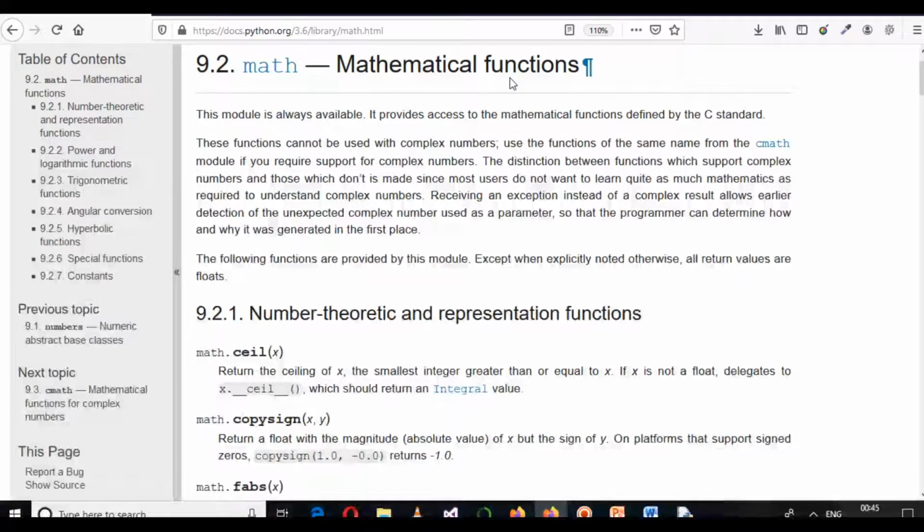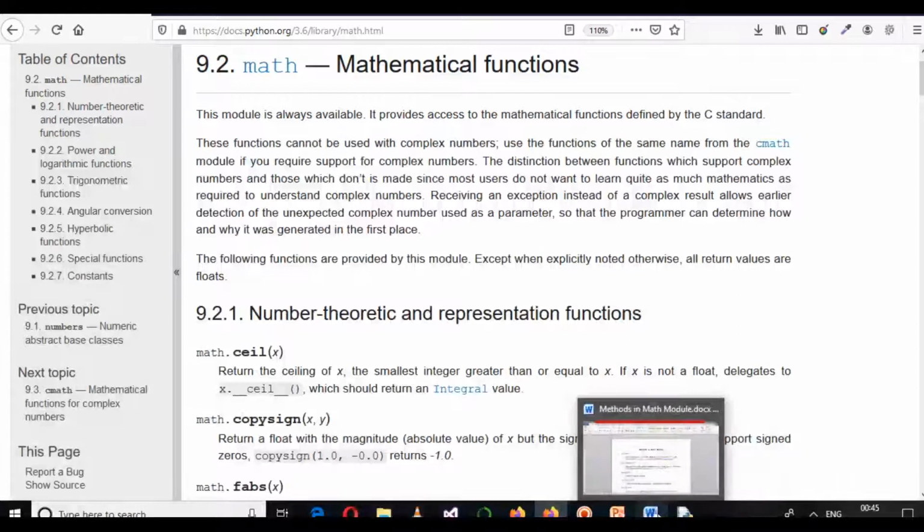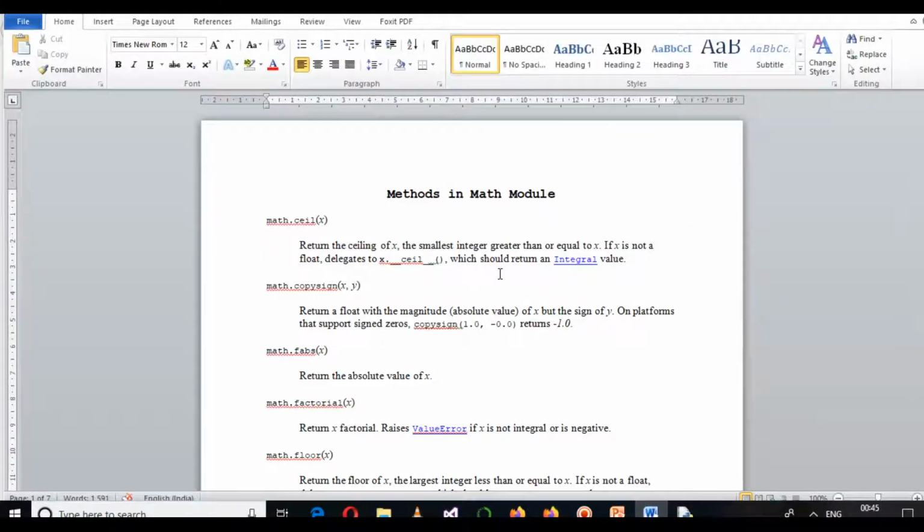You will get a list of all the methods that are there in this math library. First we will discuss number theoretic and representation functions. The first method is dot ceil. I have also saved that data here in my Word file.